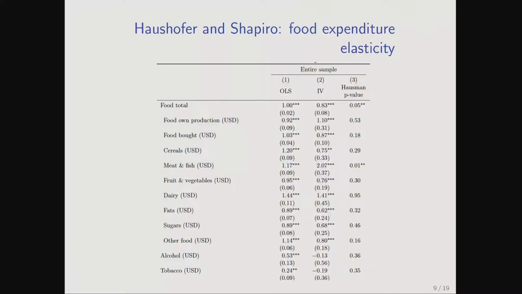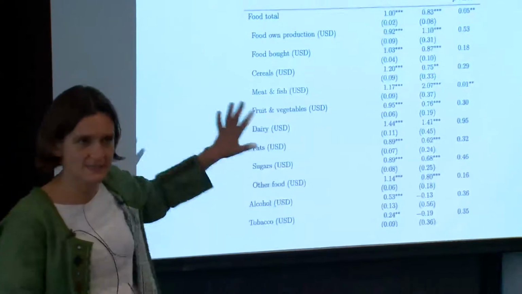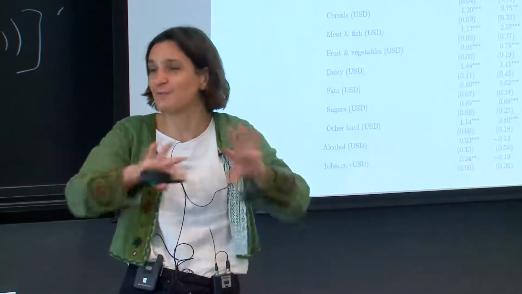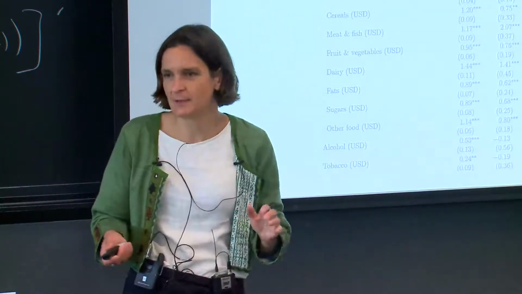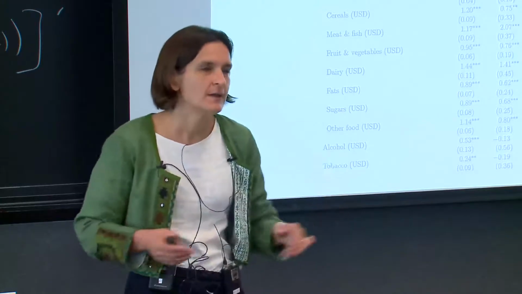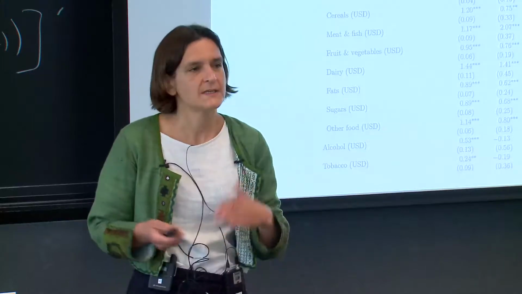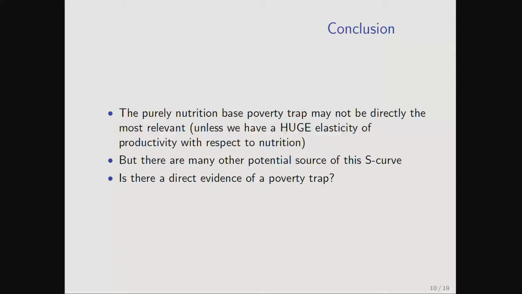Cereals is a pretty low one. If you look at the IV for cereals, the elasticity is well below 1. So people seem to be moving a little bit. Presumably they substitute within calories as well. So you can think about this 1 as roughly divided in 2, half. So we are back to numbers looking like Deaton-Subramanian. It's not that people are not consuming in the form of food the transfer that they are getting, but it's not an enormous elasticity either. So to complete the loop, I would need to give you more on the impact of